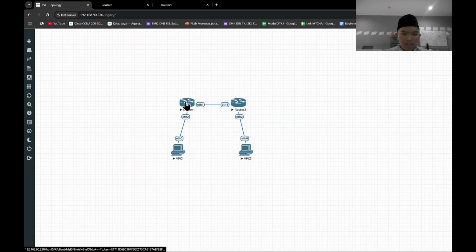If in router 1 the destination address is the IP network of PC2, then in router 2 the destination is the IP network of PC1.